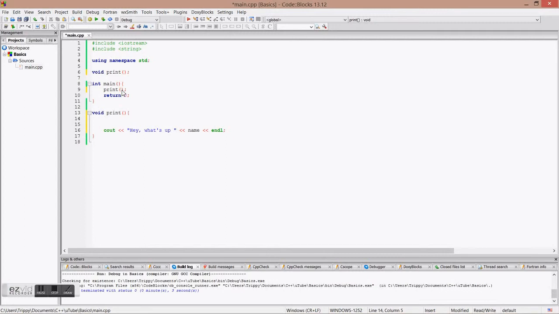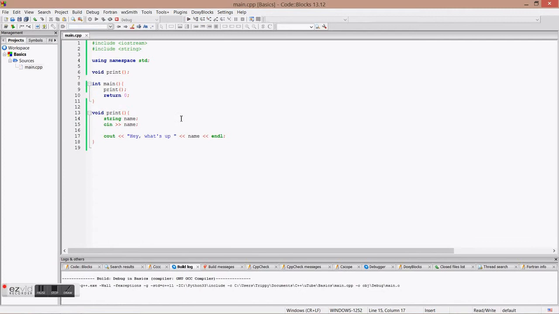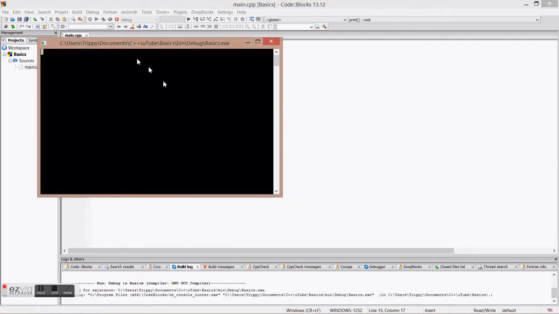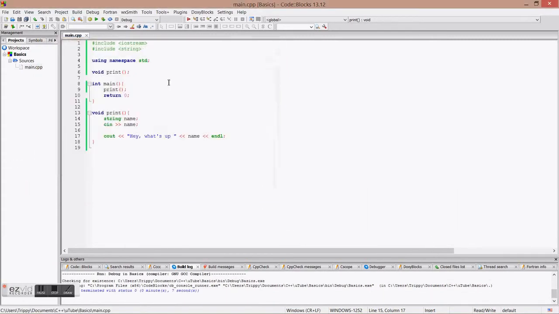So instead, we could do string name and then cin name. So now it's the same exact thing, but instead of predefining that string name and making it fixated, now it's waiting for me to enter my name, David, and it says, hey, what's up, David? Now you're thinking, oh, does it automatically go to the print name? Not necessarily. If I go back in my main and cout